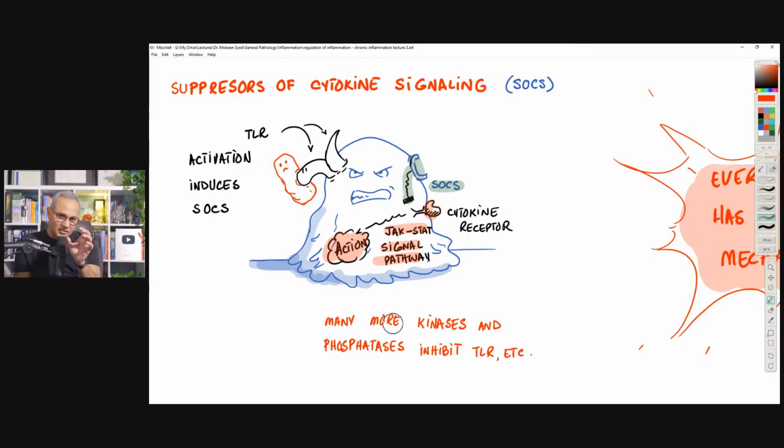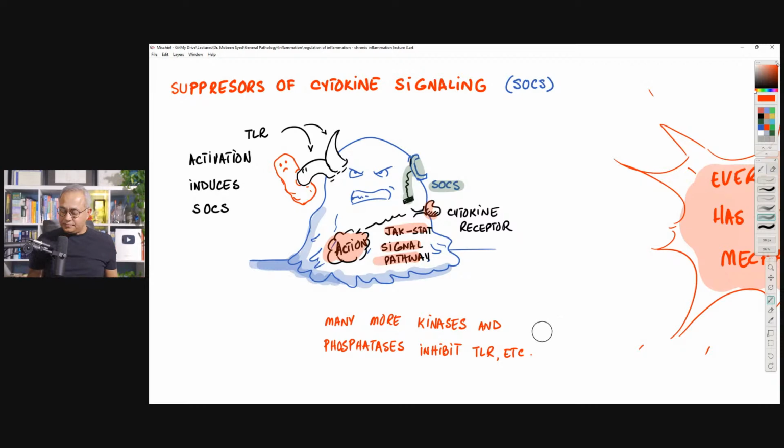So there is a protein on the inside that is a Janus kinase type protein. And when the cytokine comes and attaches to that receptor, the JAK-STAT system internally becomes activated, sends out the messages, which will then translate into action. That action may be that this cell is going to go and eat other cells, or this cell is going to release some cytokines. And now this SOCS is going to turn that off. Isn't this beautiful? So this is an example of suppression of an innate arm cell by the beginning of its own activity.